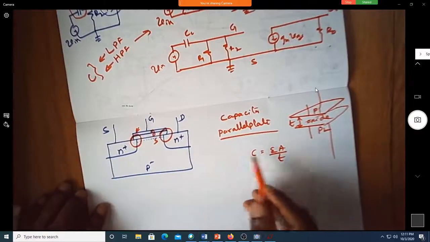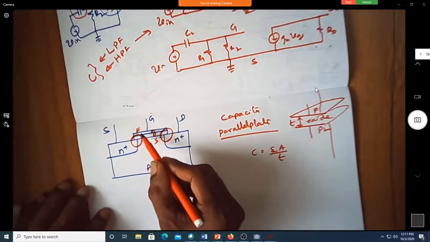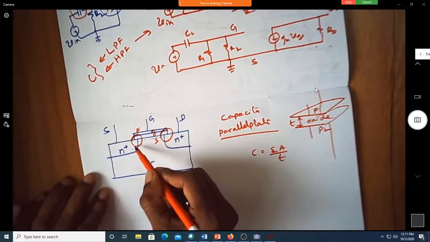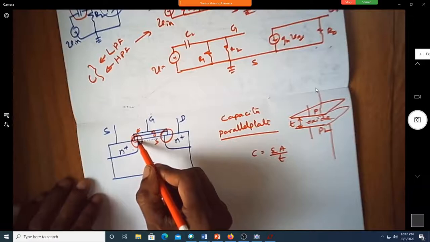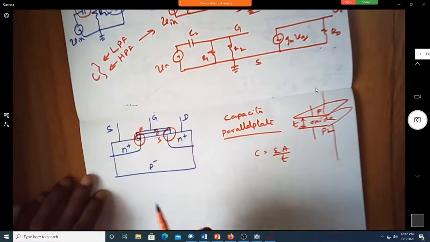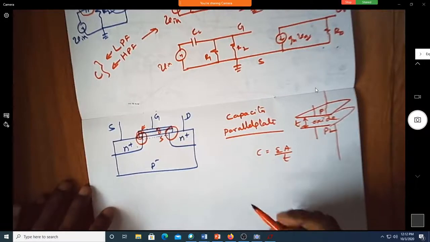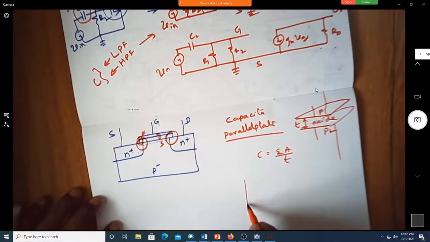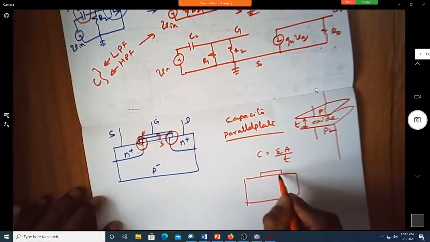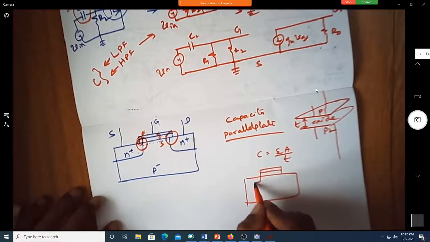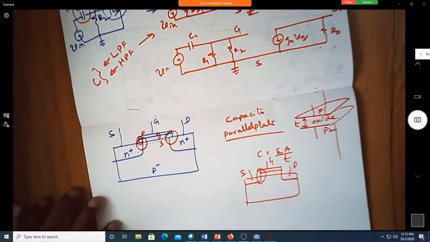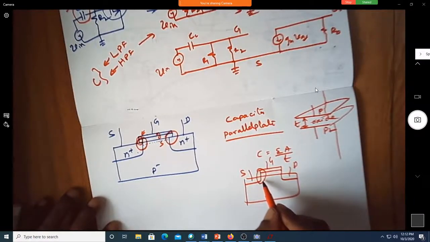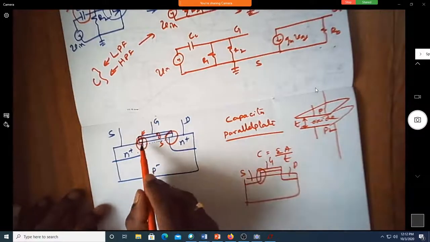Now, can you see such a capacitor between this gate and the source because of this overlap? I'll say overlap because the gate was supposed to end here, but it is slightly extended. Ideally speaking, the gate would have stopped here. This is your source, drain, gate. Is there any overlap here? No overlap. But in the actual case, there will be some overlap.